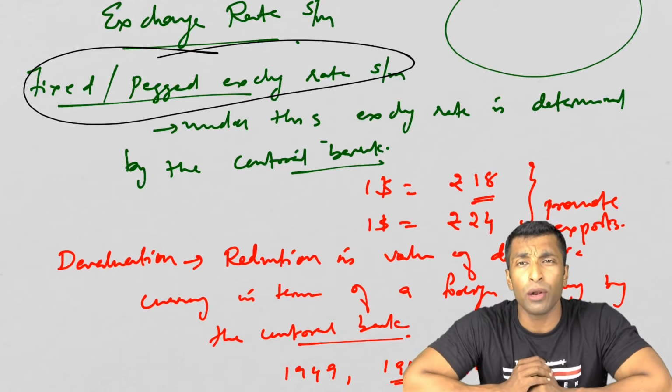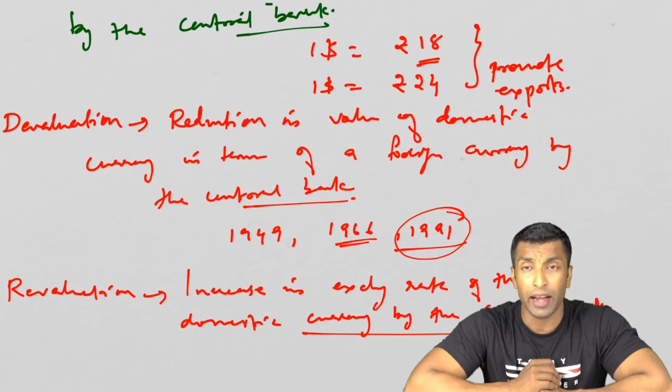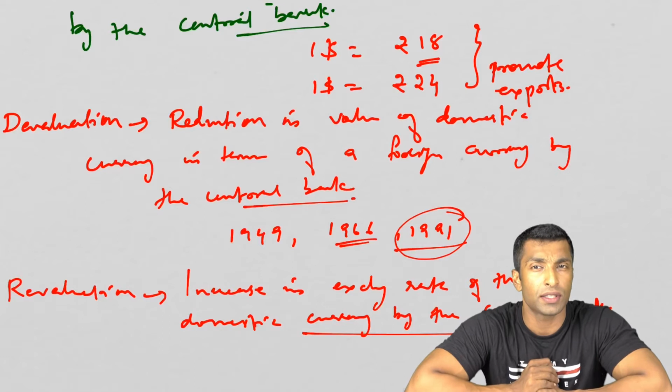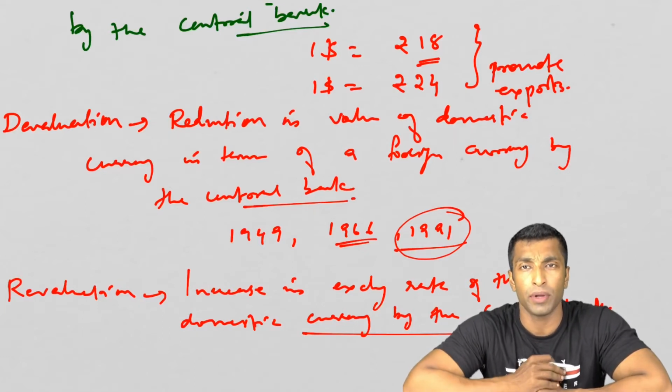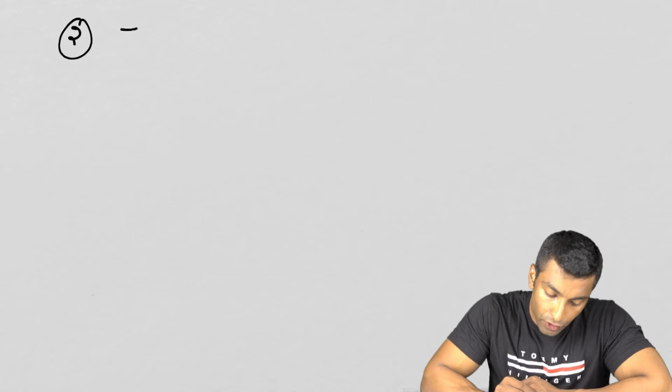And we have devalued 3 times, 1949, 1966, and in 1991. And after that we cannot go for devaluation because we have changed our system. So there will be automatically depreciation and appreciation. Okay, so we have devalued 3 times. Next we will talk about the next exchange rate system, that is floating